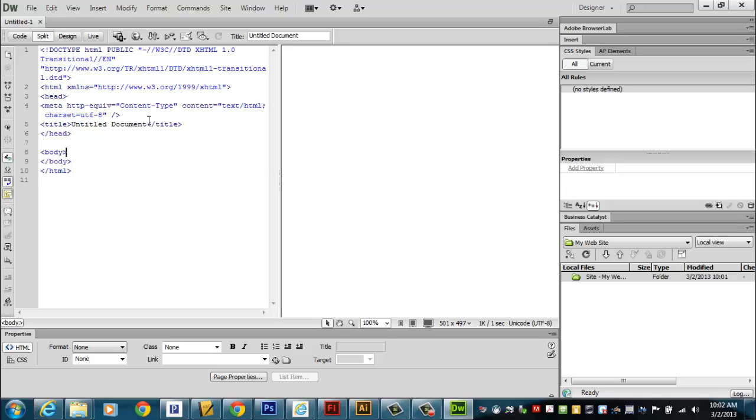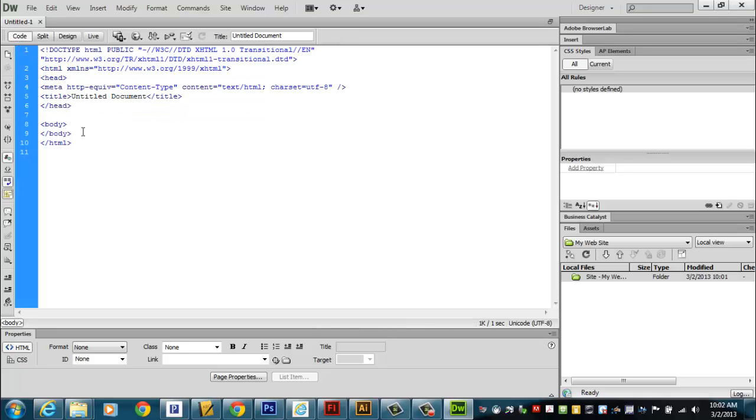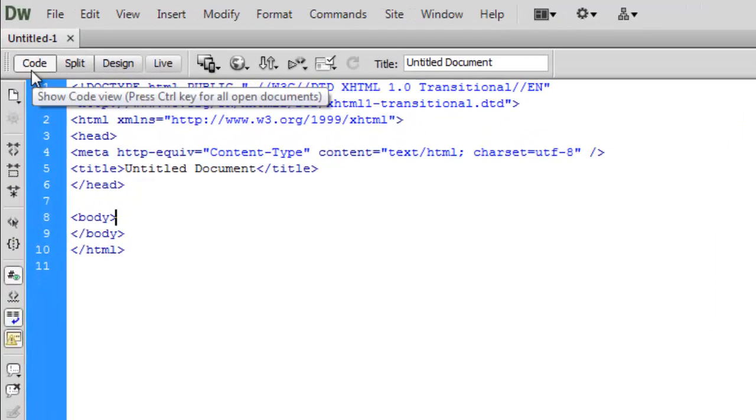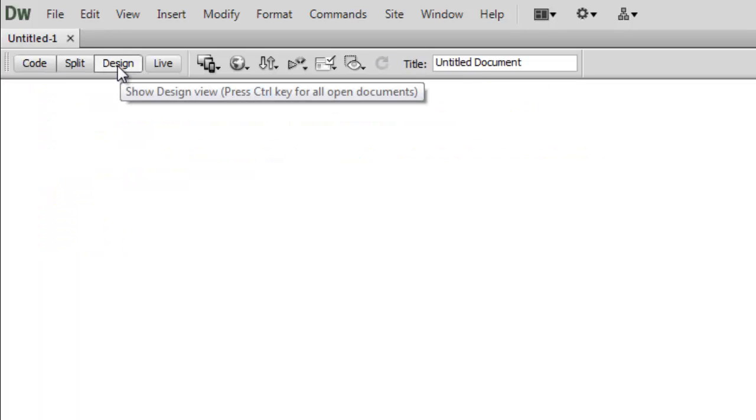And so when you first start Dreamweaver, it might come up looking like this, or it might even come up looking like this. If you know how to code, great, good. You could use some code, but that's not really what I want to do on this. What I want to do is go over here to this button across the top. It says Code Split Design. That's what I would like. When you click on Design right here,